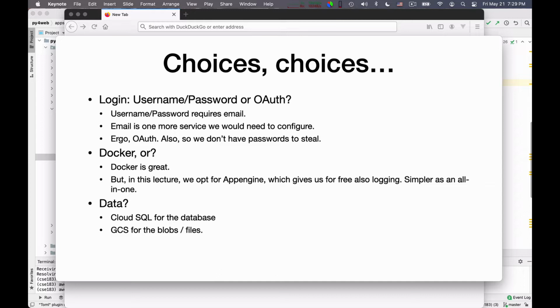So this means essentially that to use a classical username password pair login, you need to be able to send email. And the problem is that email is yet one more service that you would need to configure in order to do a cloud application. So at least for this course, my preference is to do login via OAuth, because in this way we don't have to configure an email service, so we keep it simpler, and we also don't store any password, which makes us a less tantalizing target for hackers, right?